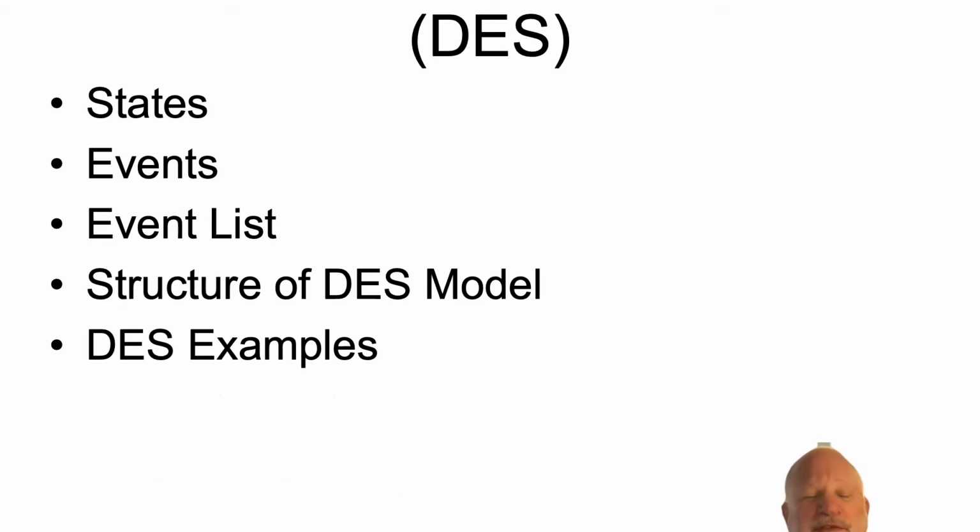And one of the reasons why it's, for me, a very attractive methodology is because it's actually quite simple. It just consists of three things, which are actually two things, really: states and events. There are also things called parameters that we'll add in later. That's the third one. Okay, so we're talking about states, events, a thing called the event list, which is how